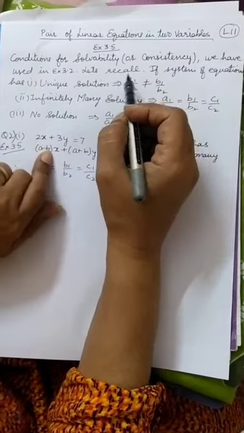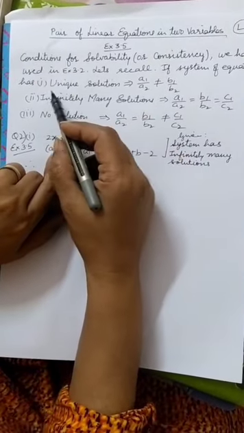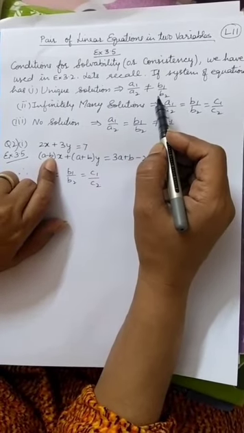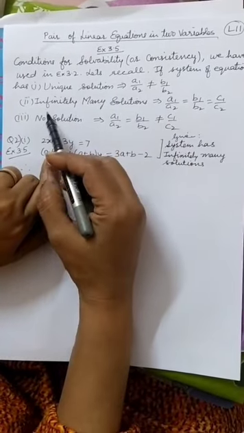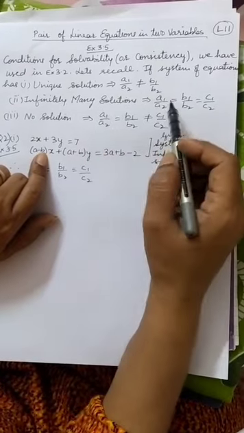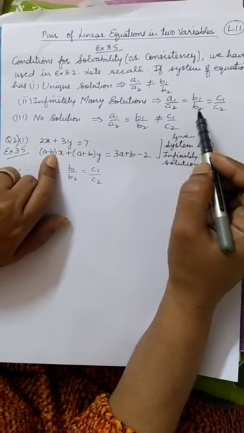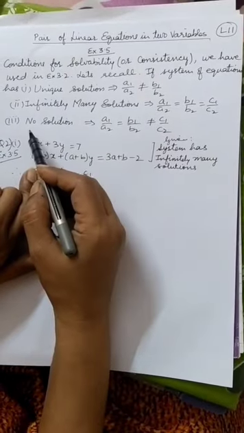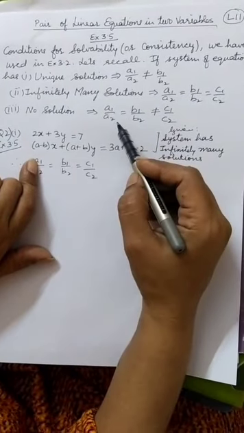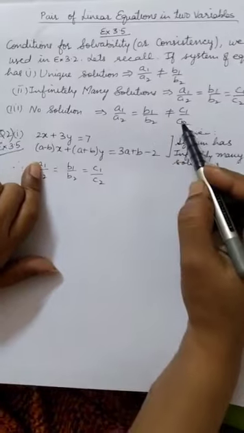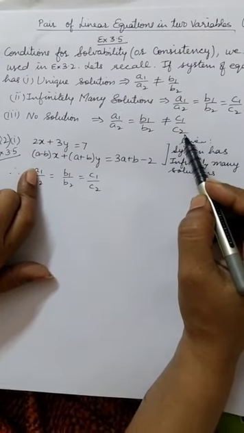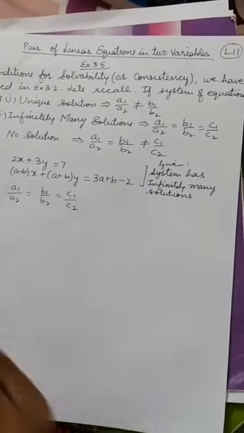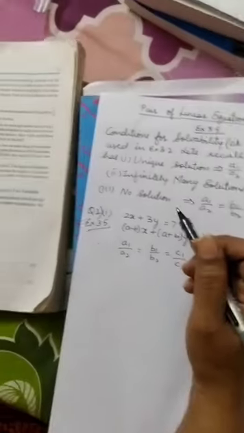Let us recall, if a system of equations has a unique solution, then a1 upon a2 is not equal to b1 upon b2. Second, infinitely many solutions, then a1 upon a2 is equal to b1 upon b2 is equal to c1 upon c2. And if there is no solution, then a1 upon a2 is equal to b1 upon b2 but not equal to c1 upon c2. So we will have further application of these conditions in question number 2 of exercise 3.5,